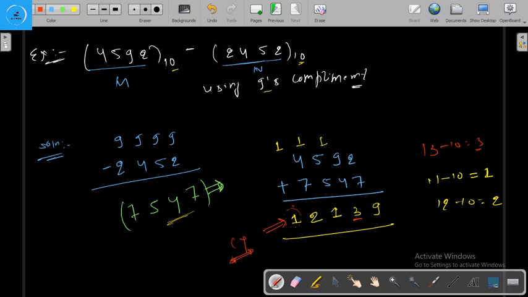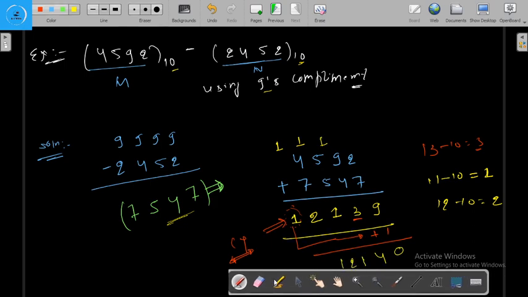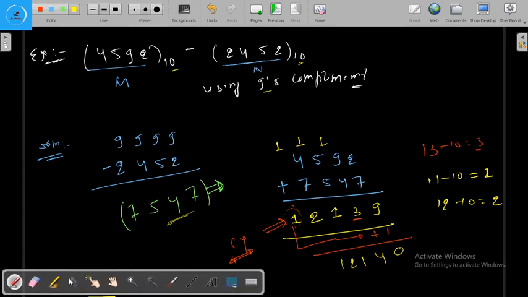So if the carry is generated, what we are going to do for the r-1's subtraction, just we are going to add this carry 1 to the LSD. Okay, now 9 plus 1 will be equal to 10, or what we are going to write for 10, 0, and we are going to pass carry here, and 3 plus 1 will be equal to 4, and here 1, here 2, and here 1. Okay, and this will be in the decimal number system.